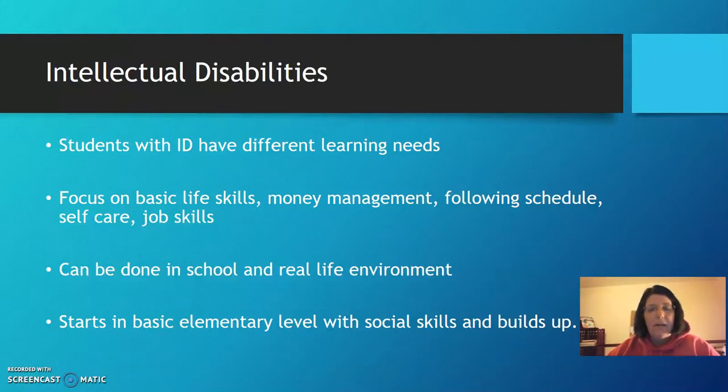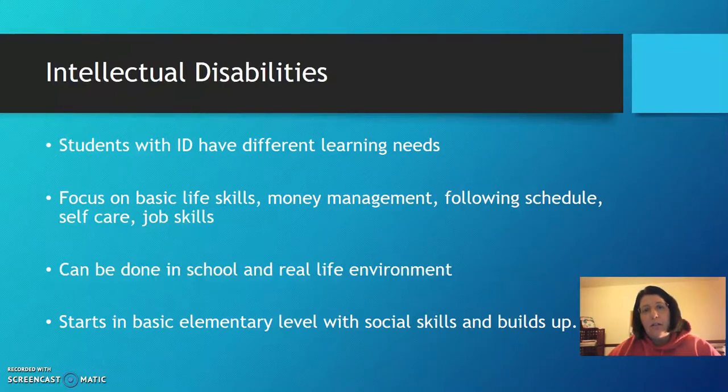So you talk about money management, following a schedule, self-care, job skills, being somewhere on time, how to tell time, tying shoes, ironing clothes, doing laundry. So it can be done in school, and it can also be done in a real-life environment. A lot of programs will help you go to a laundromat, or go to the grocery store, or do things in a real-life environment, an internship at a local job or a local place to volunteer, to help students